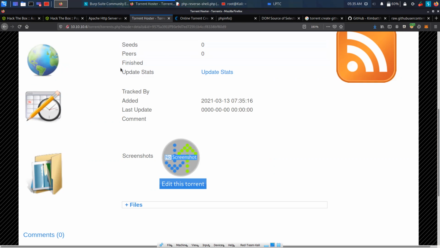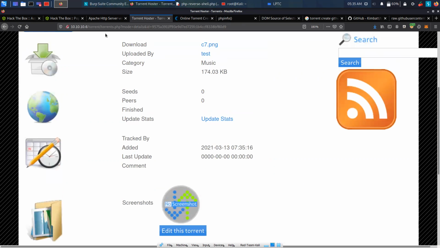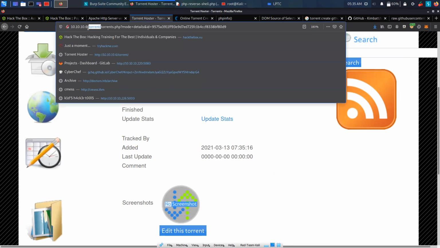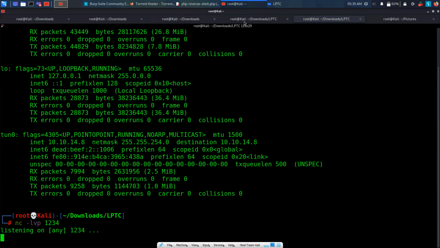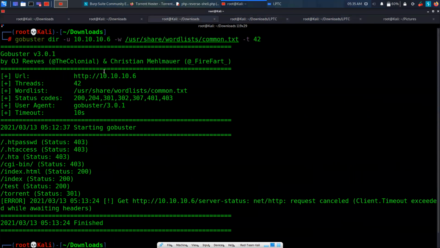So with a general HTTP port, when you see one, you definitely need to brute force for directories. But what if there are many directories after it? We only brute forced the first level. So what we can do is go back to our brute forcer, where we only gave the base path, but we didn't know what was existing after the torrent.